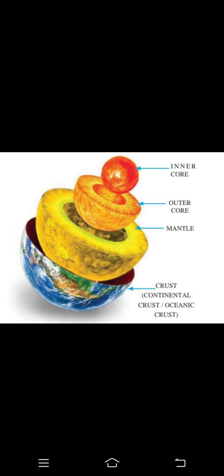Now the crust is of two types. One is continental crust, the second is oceanic crust. Now I'll explain the difference between these two. Continental crust is the surface area of the earth where people can live, build buildings, and do agriculture. It is like the field that we can use. And the oceanic crust is filled with water, like an ocean, a river or a lake. I'll show you a tree diagram for that.